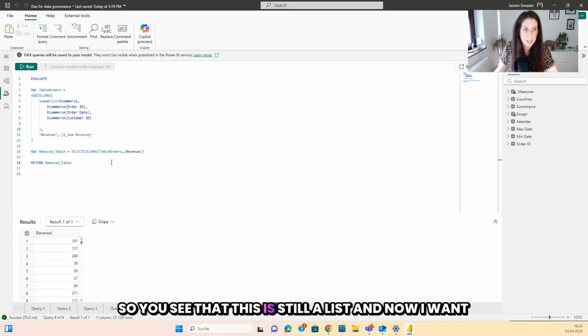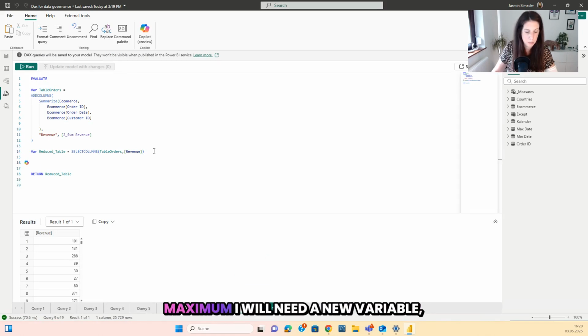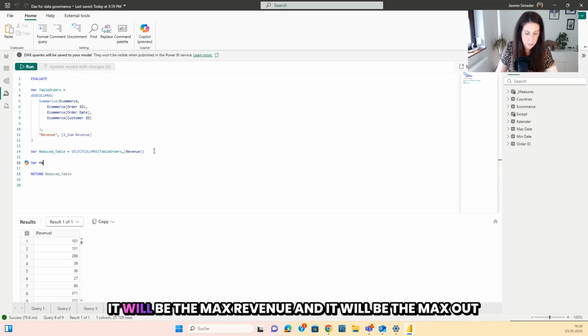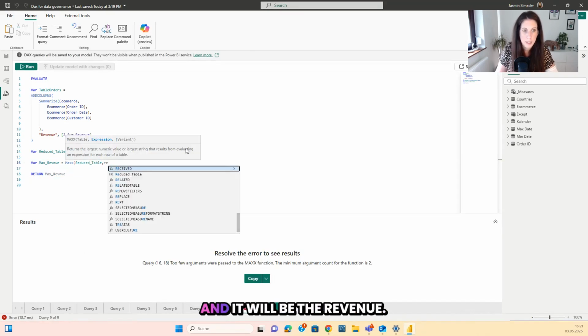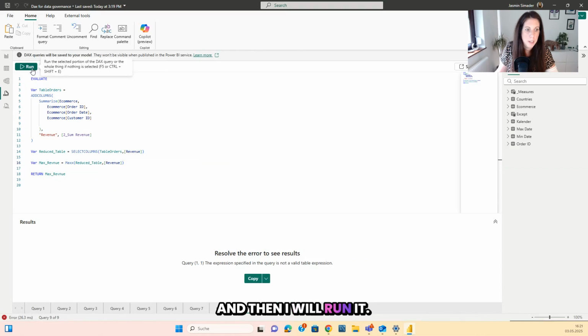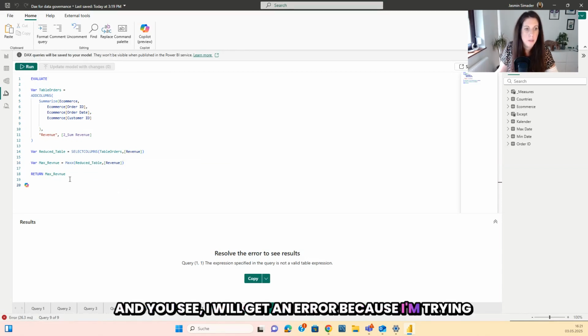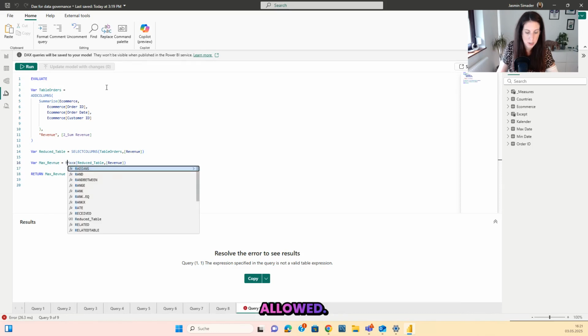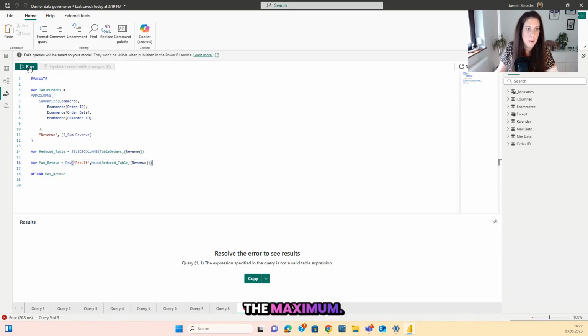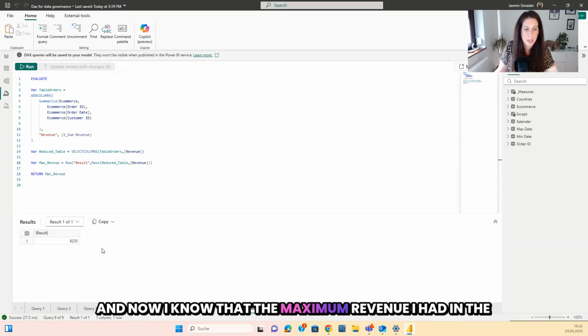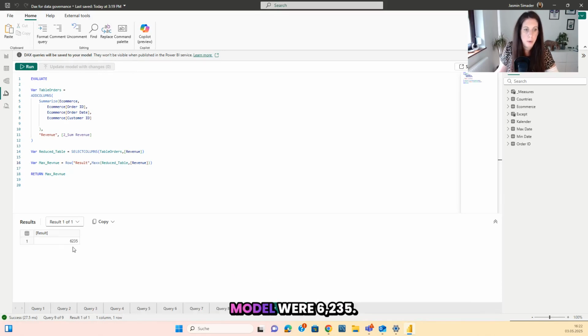So you see that this is still a list, and now I want to have the maximum out of this list, and to get the maximum, I will need a new variable. It will be the max revenue, and it will be the max out of the reduced table, the maximum revenue. Then I will run it, and you see I will get an error because I'm trying again to read out a single value which is not allowed, so I need a row, a result, and then I can read out the maximum. I click on run, and now I know that the maximum revenue I had in the model were